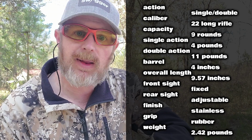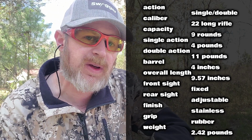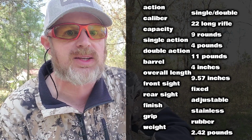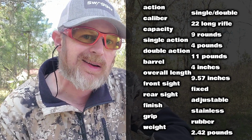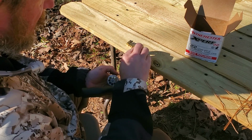This particular model has a stainless finish. However, these are also available with a blued finish. It's going to come with a pretty nice set of rubber grips, and the unloaded weight comes in at about 2.5 pounds. All right, with those specs out of the way, let's get back on the range using the same ammunition,